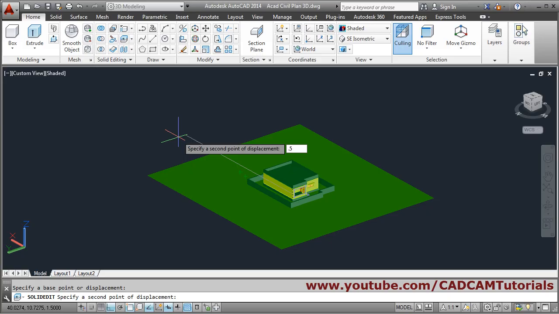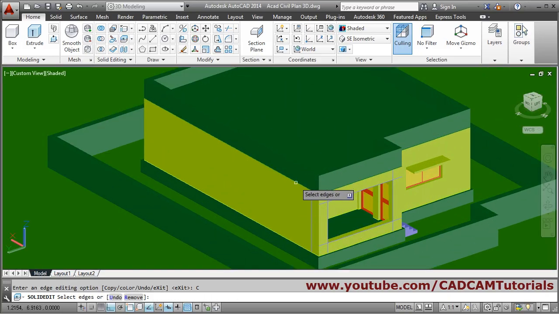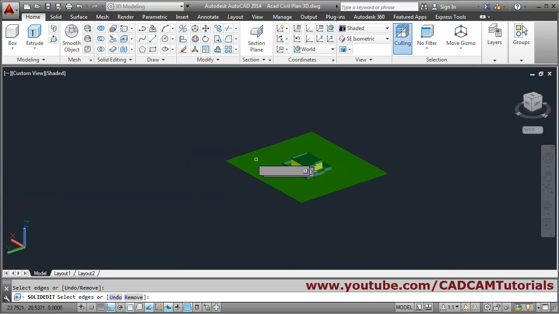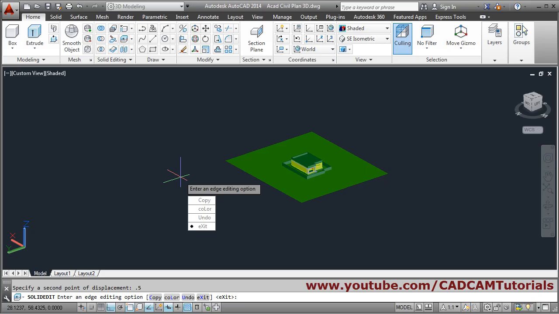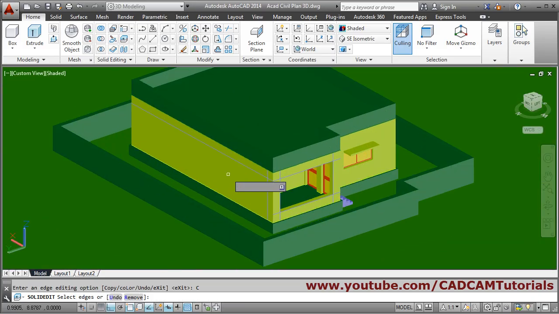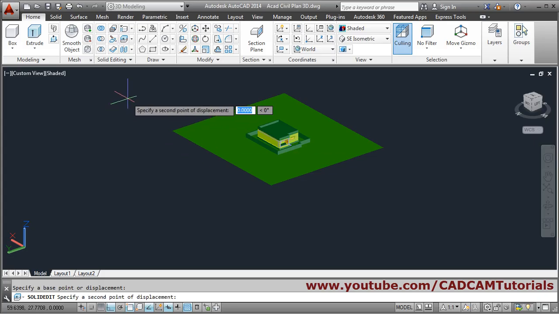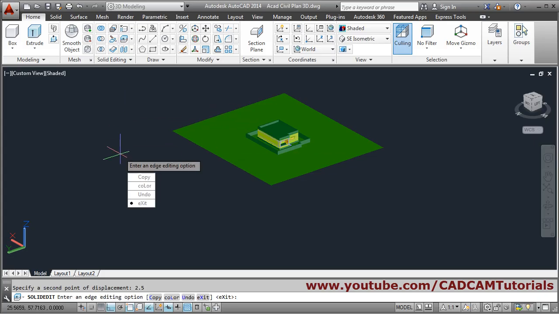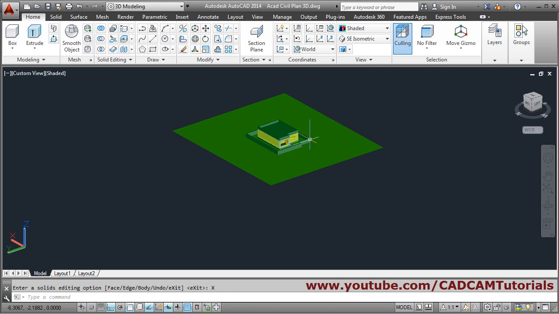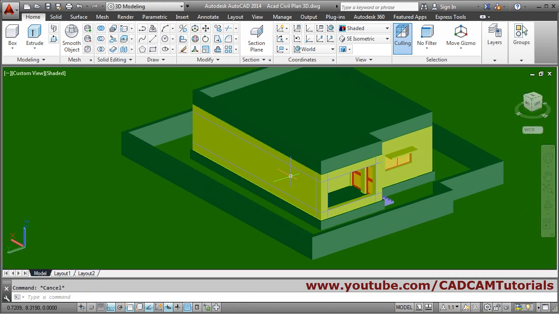So we will take it 0.5, again copy, take the above line, give the base, enter, base point direction 0.5, again copy, take the above line, enter, base point direction below, so it will be 2.5, exit, exit. Now from this side,